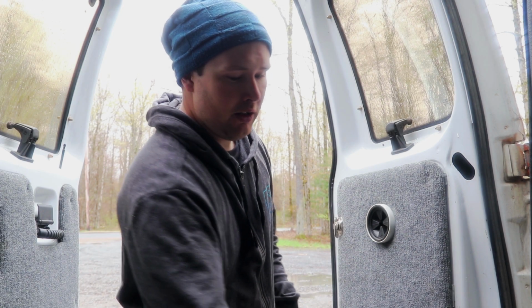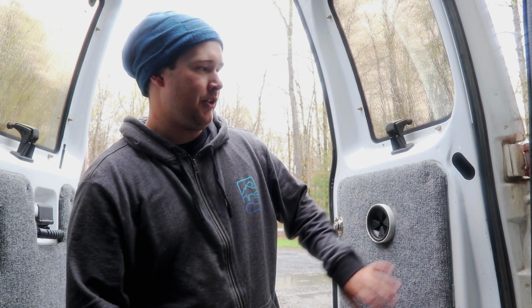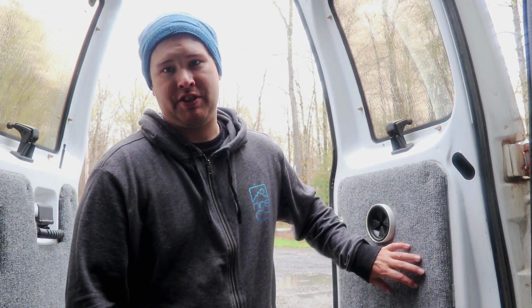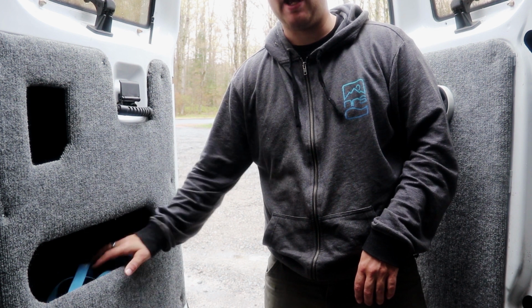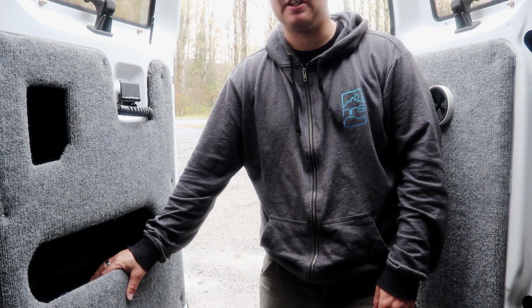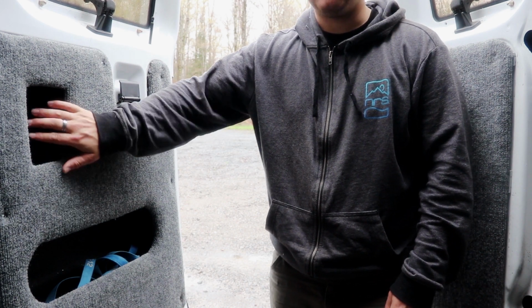So this door, all it is empty can storage. Usually holds about 50 cans. I just empty it out at the end of every trip. This door is exclusively for my NRS straps. I have straps on hand to carry 16 boats at any time, and miscellaneous yaya that I can never find